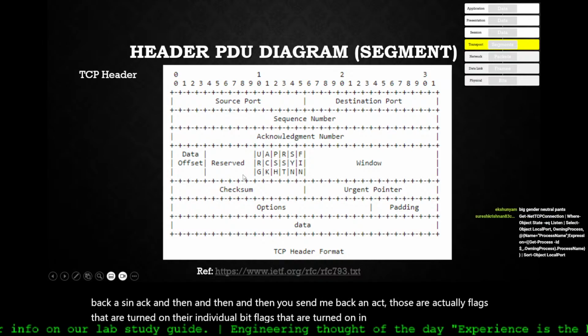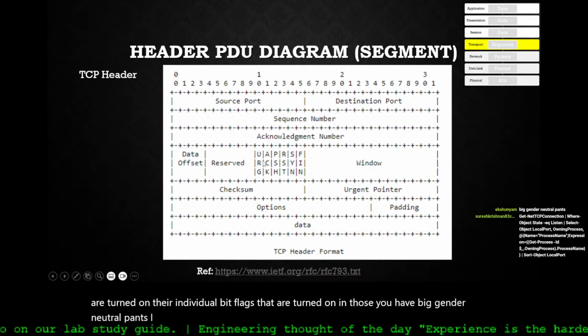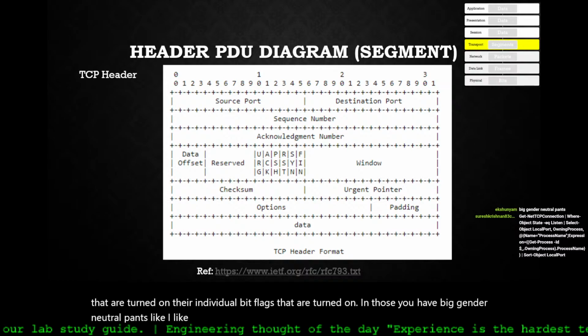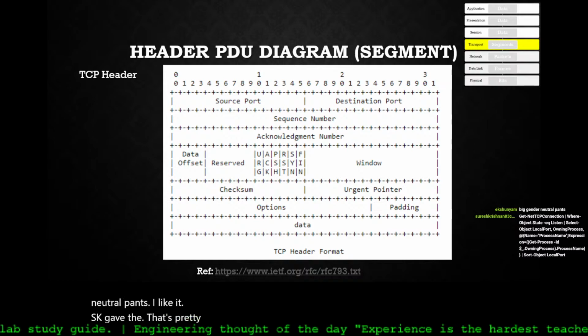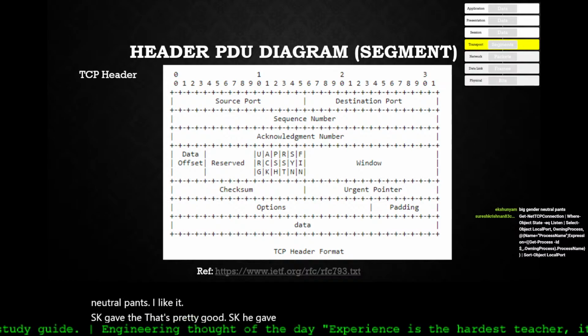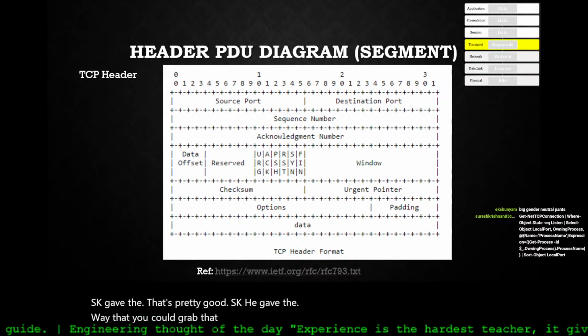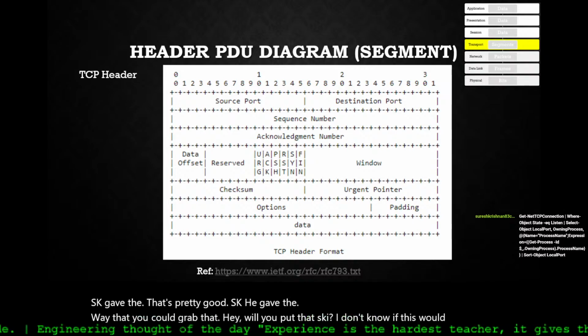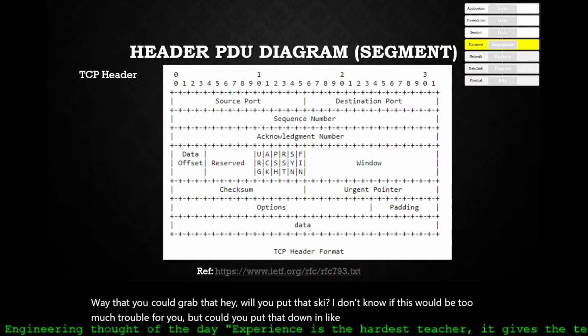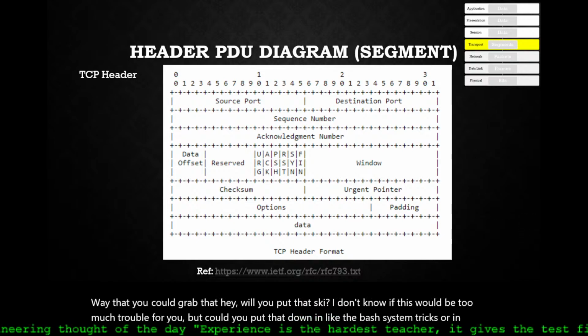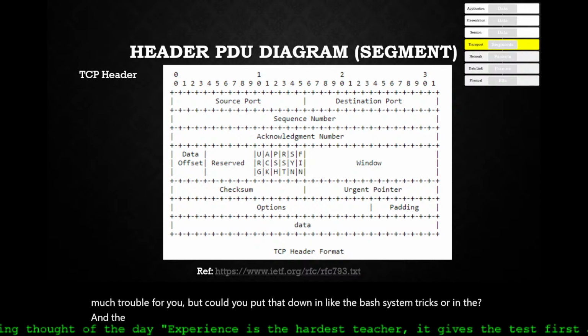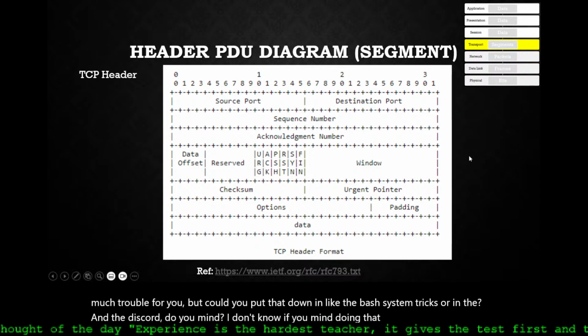Yeah, big gender neutral pants. I like it. SK gave the way that you could grab that. Hey, will you put that, SK? I don't know if this would be too much trouble for you, but could you put that down in like the bash system tricks or in the Discord? Do you mind? I don't know if you mind doing that, but all right, guys,